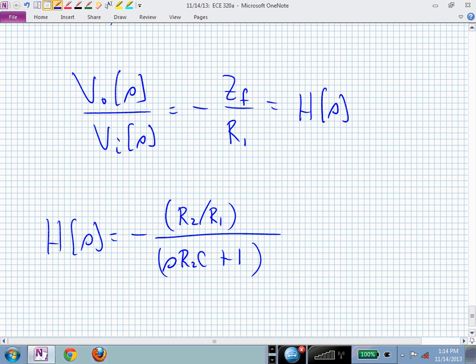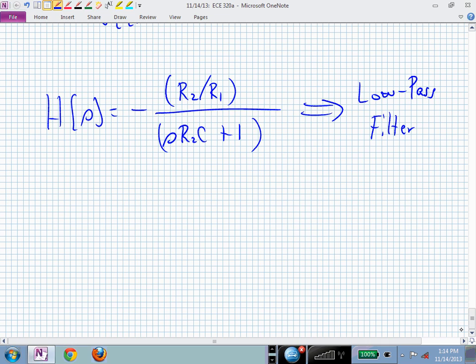Does that particular transfer function make you feel warm and fuzzy? What is it? It's a low-pass filter, isn't it? And it's what order? First order. So this is simply a low-pass filter. And you can tell me quite a bit about that low-pass filter, but before we get into that,